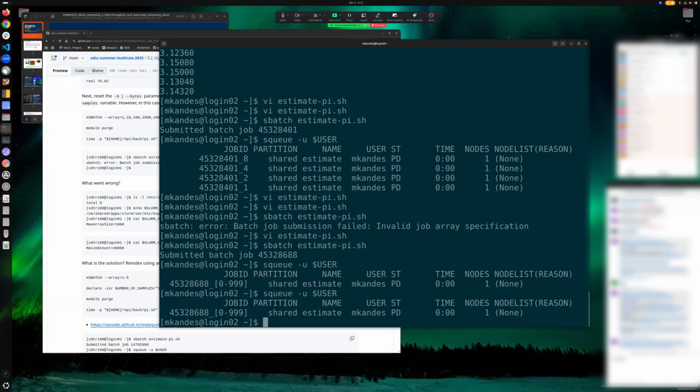So if you have a really high throughput workload that needs that kind of scaling for really tiny jobs like this, you can do that, right? But there are these limitations on how big the arrays can be. This in particular is Slurm, because Slurm